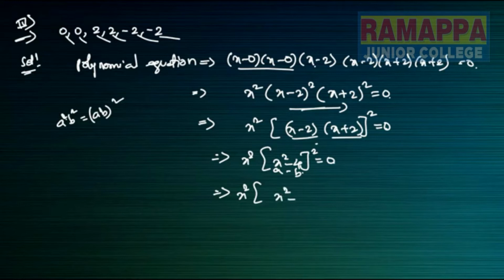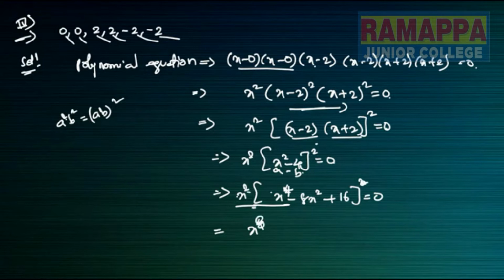And here, x square into this, using the (a - b) whole square formula, it will become x square minus, 2 into 4 is 8, x square plus 16, is equal to 0, whole square. So this is x square, we have to multiply again. x square into x is x to the power of 4, x square into 8x square, 8 will come here.